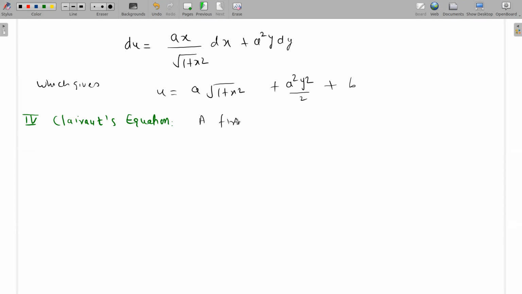So a first order PDE is said to be in Clairaut's form if it can be written as